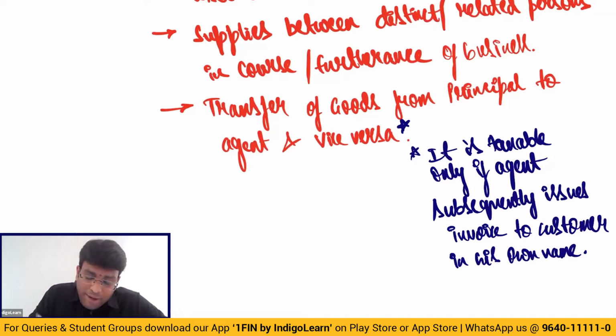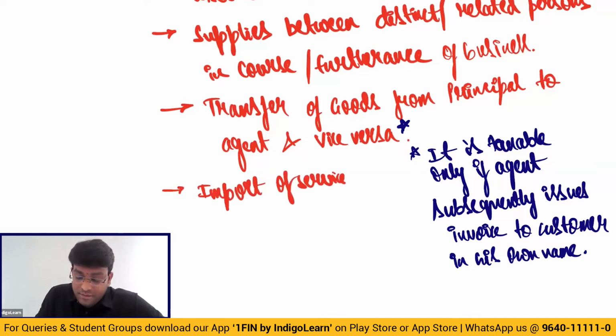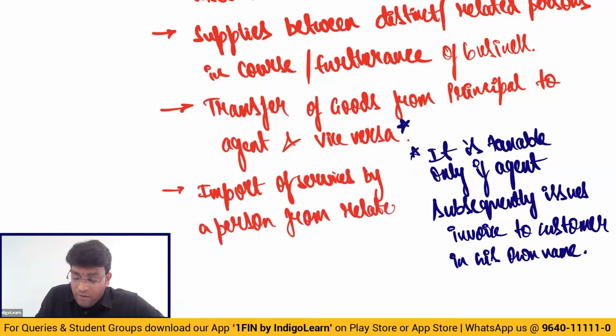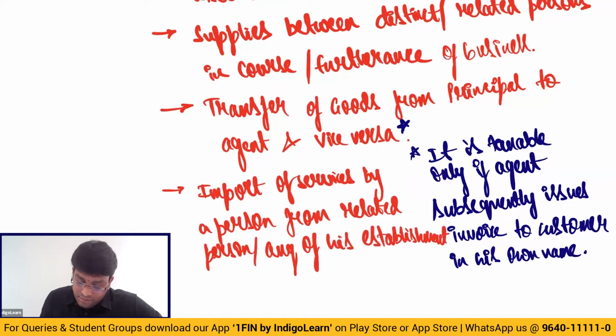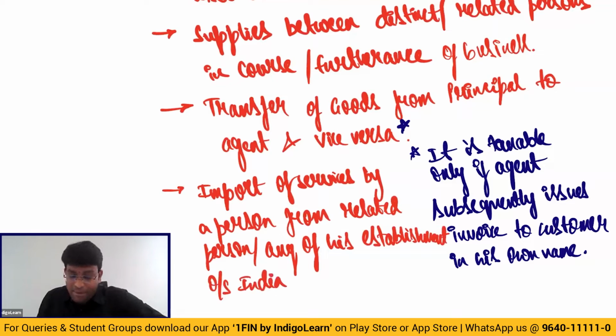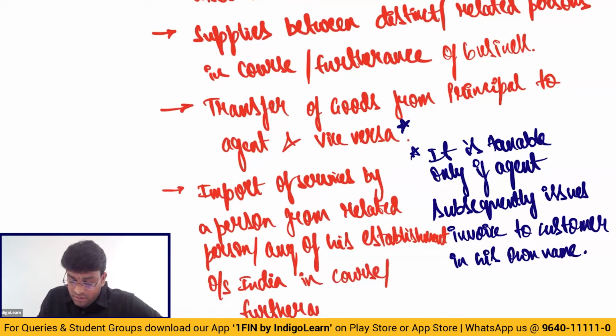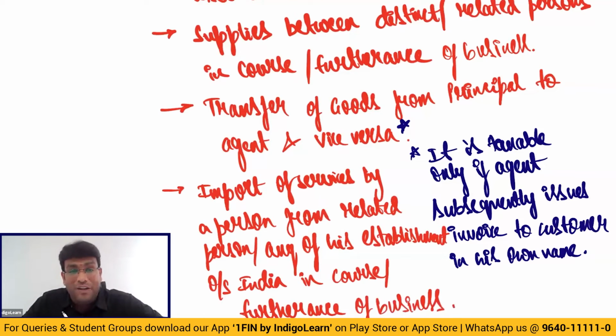Now let's look at the last point, my dear friends. Import of services by a person from whom? From a related person or any of his establishment outside India, in course or furtherance of business. So these are the 4 points, my dear friends, where it is regarded as supply even though there is no